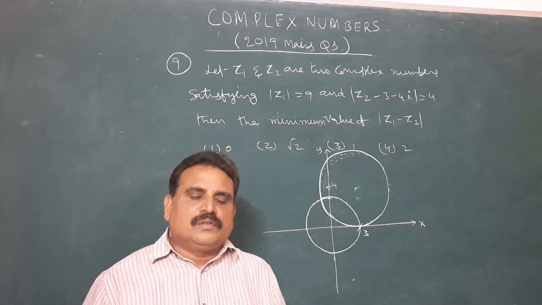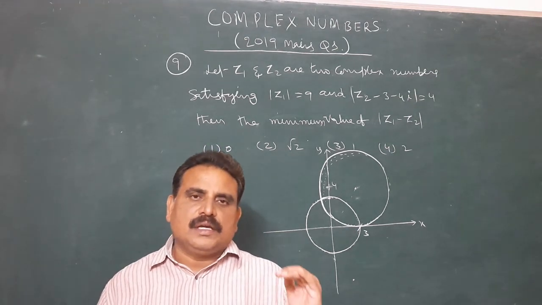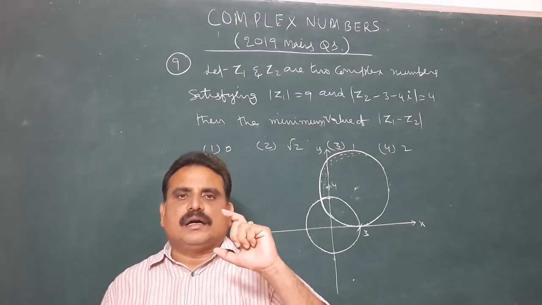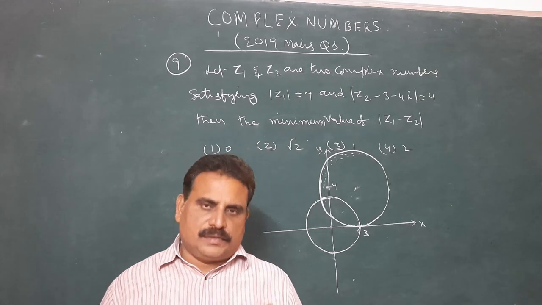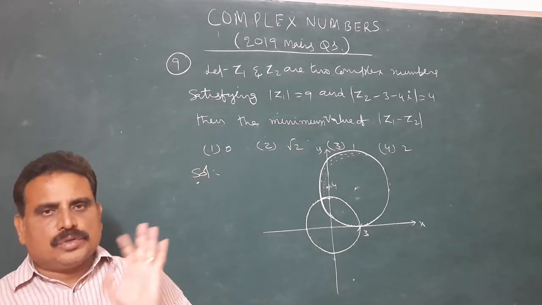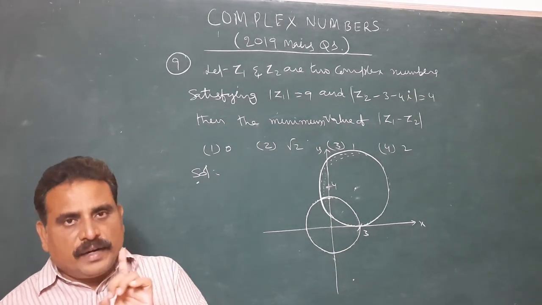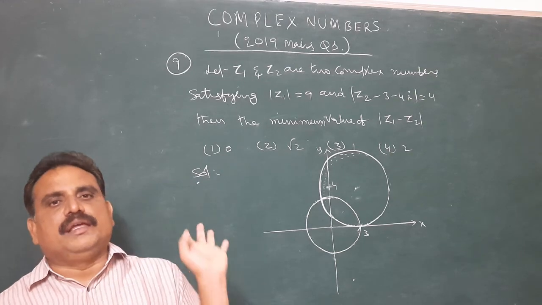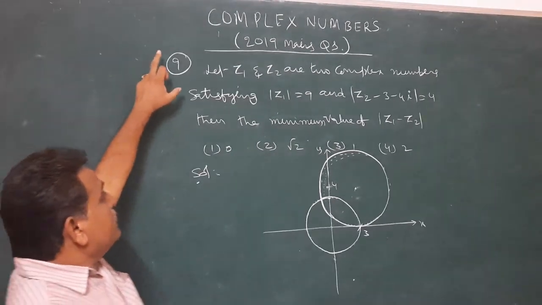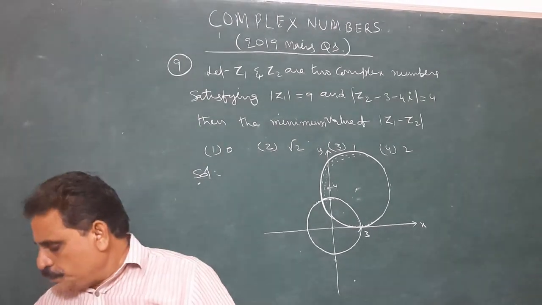In part 1, we discussed 8 questions of previous mains questions in 2019. In 2019, 16 online papers were released, so the total number of questions is 16. On average, there is one question in each paper, so definitely one question in mains from complex numbers. Now, we discuss questions 9 to 16 in this video, part 2.